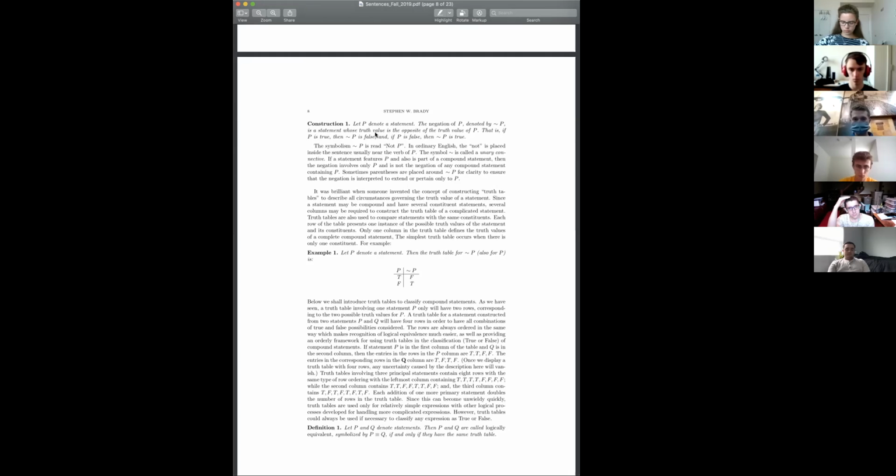So we're going to start symbolizing things. If P is a statement, and all that is a complete English sentence, I have a period, and I have a verb, and an object, and a subject, and all that. Then when we put a little squiggle in front of it,